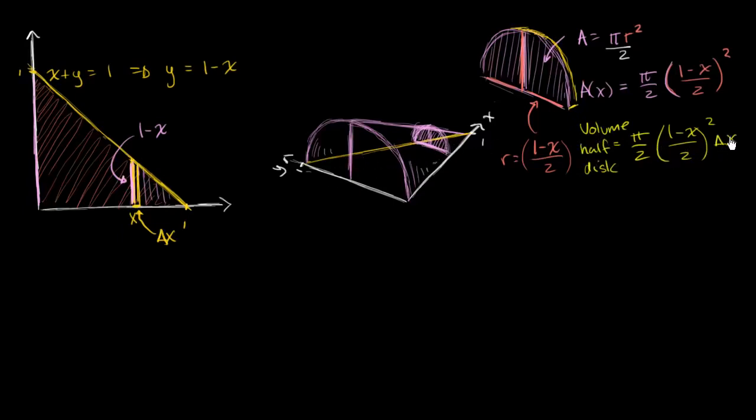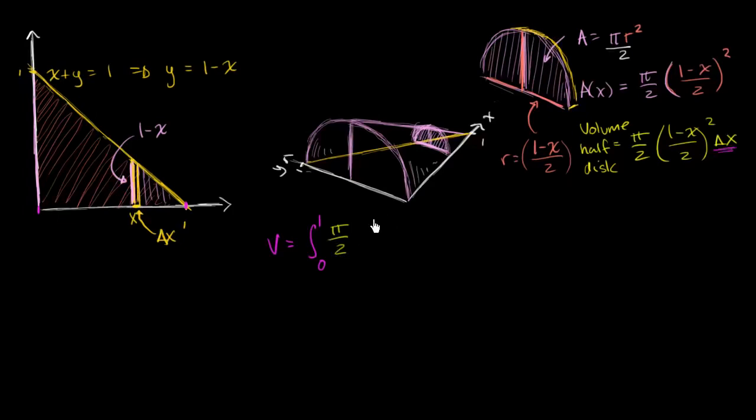So the volume of the whole thing we can approximate as the sum of these, or we could take the limit as our delta x's get much smaller, and we have an infinite number of these things, which is essentially, if we're taking that limit, the definite integral. So the volume of this figure is going to be equal to the definite integral from x equals 0 to x equals 1, where we intersect the x-axis, of an infinite number of these infinitely thin slices. So it's going to be pi over 2